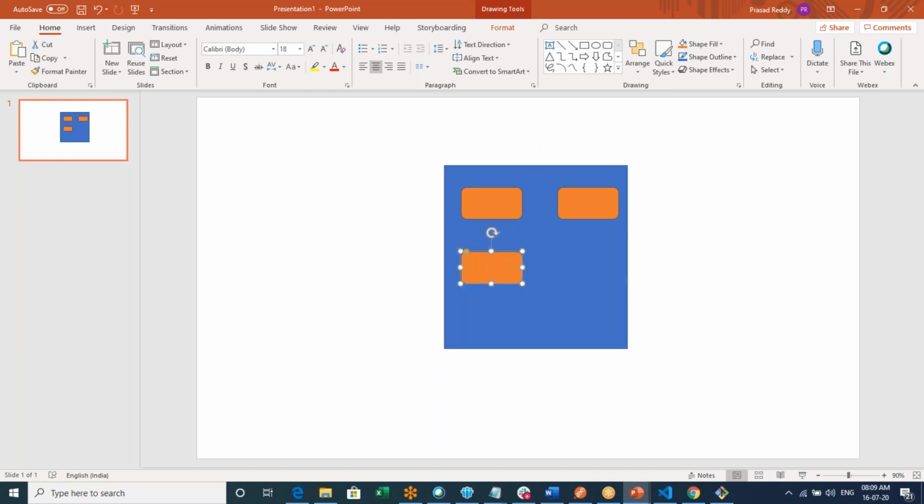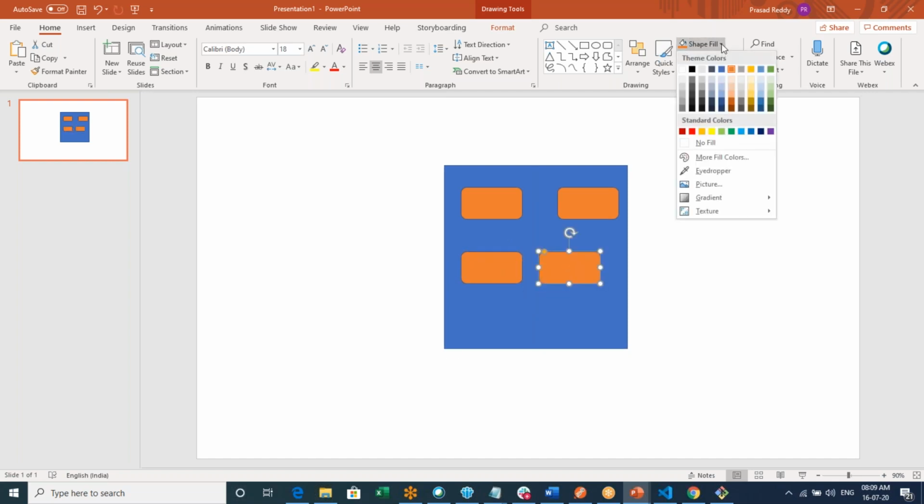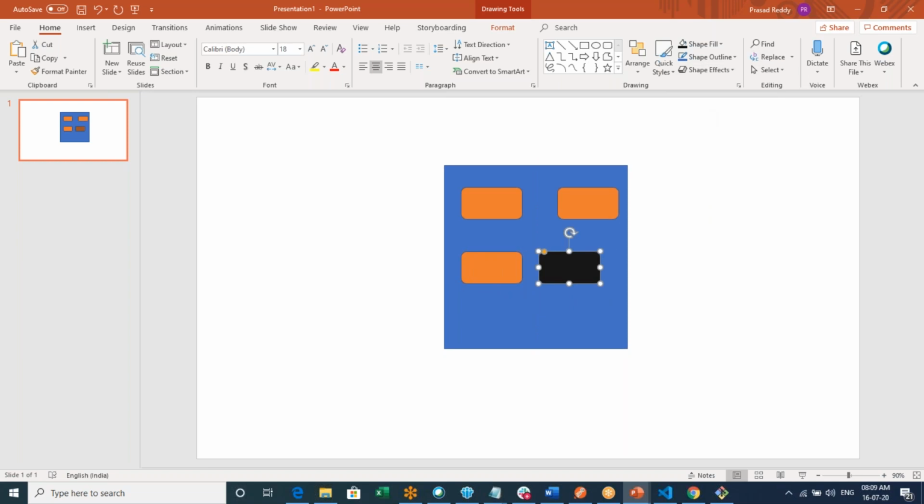Let me color it with a different shape. Now this is the other one. Let's say this is front end and this is back end. So there are 3 front end pods and 3 back end pods.